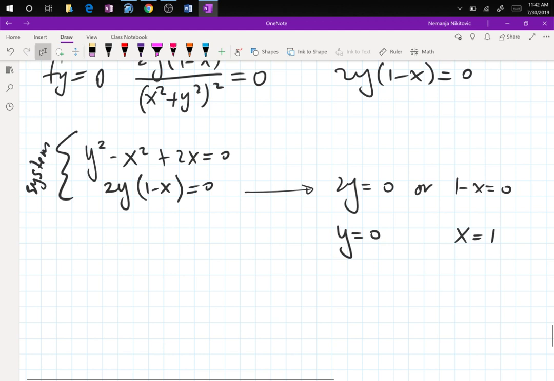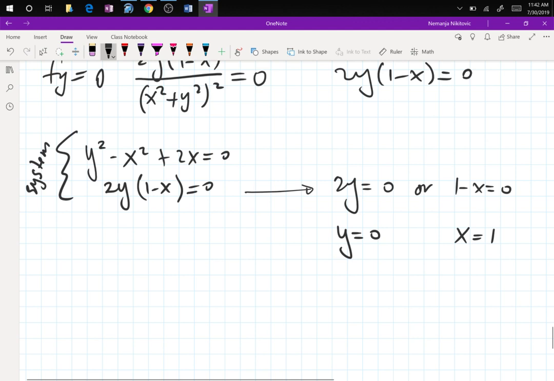Now, if you think you had headaches so far with calculations, let me make clear that point (1, 0) is not what you're looking for, because it doesn't work in the upper equation. If y is equal to 0, then you get 2 minus 1, and that's not 0. So what you got from this equation are two decoupled coordinates, and now you have to plug each one in that equation to